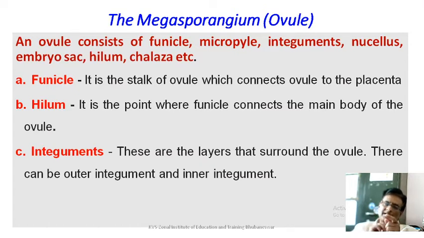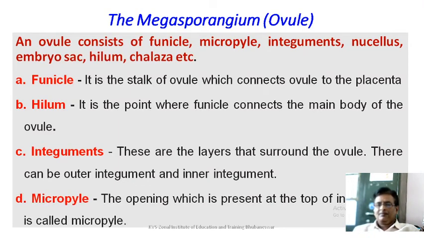You call it monotegmic. But if you take, say, pumpkin seed, remove this cover, you will find another very fine layer, testa, tegmen. So the inner layer is representative of the second layer of integument. So 2 integuments were present. So it is bitegmic in that way. Then comes the micropyle. The integument covers the entire ovule, but there is a particular place where it is not covering. That end is called the micropyle. It is generally at the top of the integument.